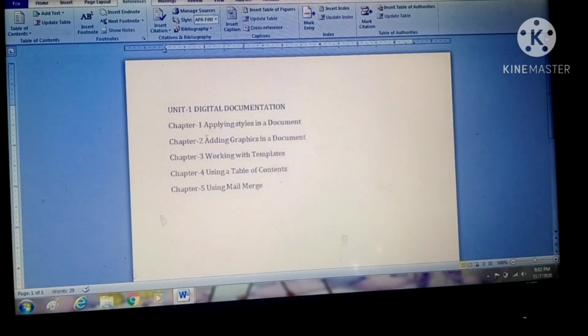This is all about the table of content, how you can make the index in digital documentation, and how you can make it more attractive and more beautiful by using page numbers and the subtopics under your topics and under your main theme. So it will look more attractive for you, these features. Now it's all about your unit 1, digital documentation, and this unit is finished. Now 2 units are left, unit 2 electronic spreadsheet and unit 3, database management system.